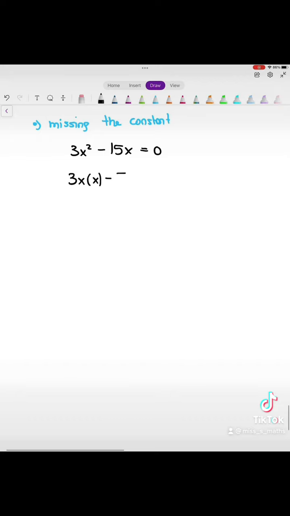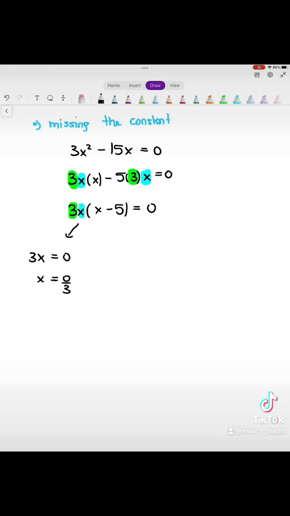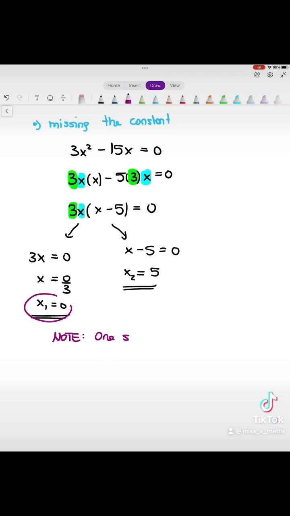Now, if you're missing the constant, that means you have the x squared and you have an x value, which then means that we can easily factorize x out of the way. Sometimes it's also possible to factorize a number value with it. So in this case, we actually can factorize x and 3, and what's left then is x and minus 5 in a bracket. We then put both of these parts equal to 0, so 3x is equal to 0 means that x has to be 0, and if x minus 5 is equal to 0, then x would have to